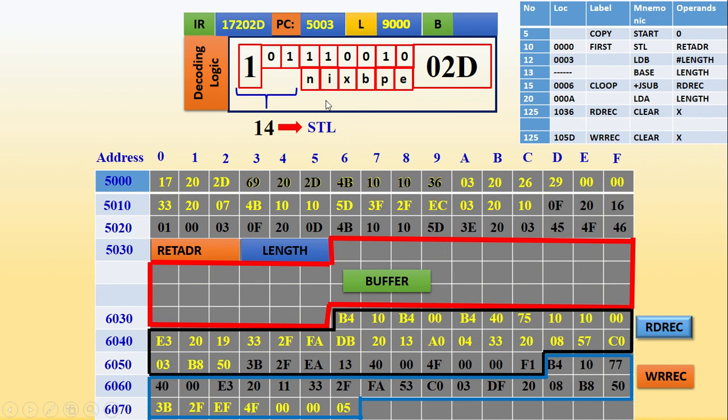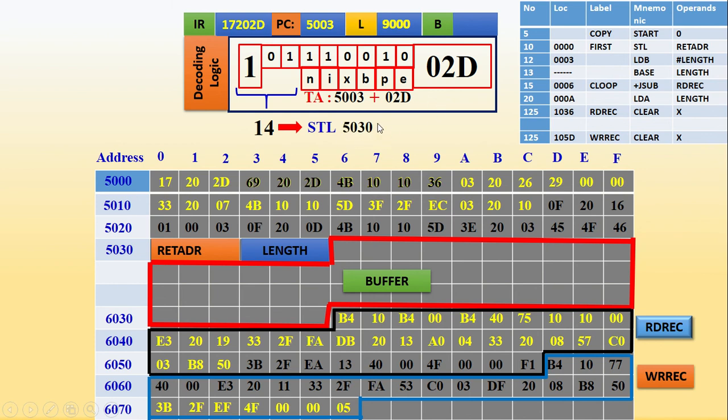Now let us see how it calculates. Target address: B0 P1 means it is program counter relative, so program counter plus the displacement. So here we have to write the program counter value plus the displacement. What is the program counter value? It is inside the microprocessor only, because the program counter is inside the microprocessor. So the microprocessor reads what is there in 5003 and adds the displacement 02D to that. If you use the calculator, please go to hexadecimal mode only, and then add 5003 and 02D, the answer will be 5030.